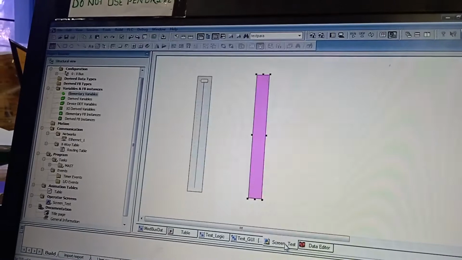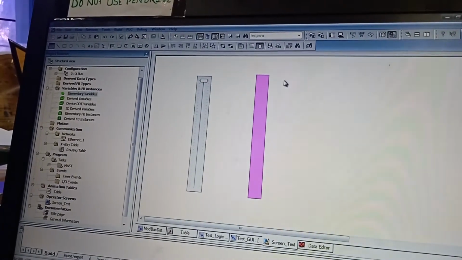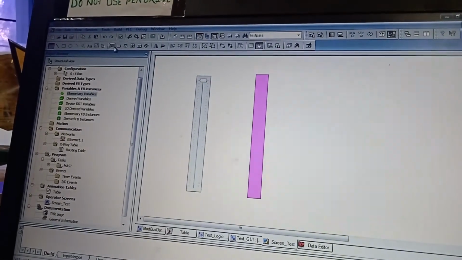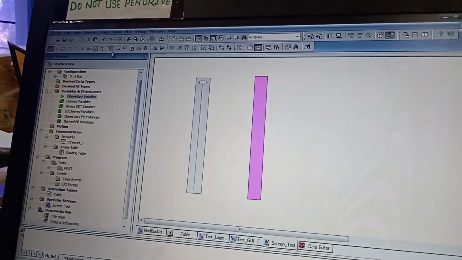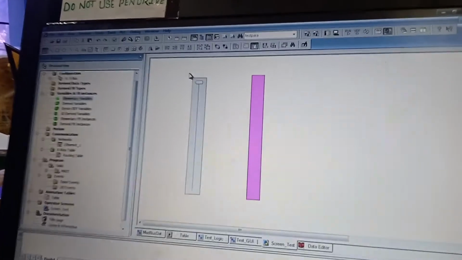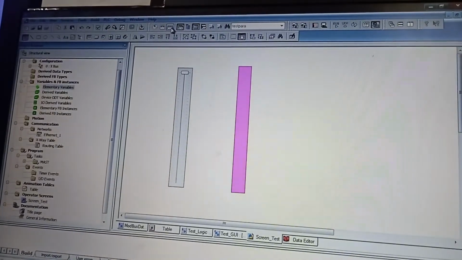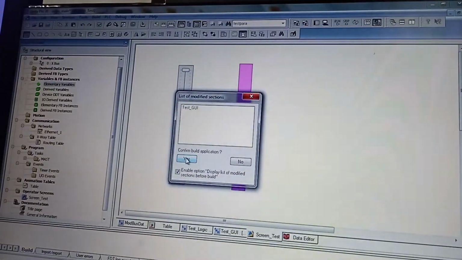So now that is the screen, and here you can put the physical value also. All these things you can do. Now we need to build it.